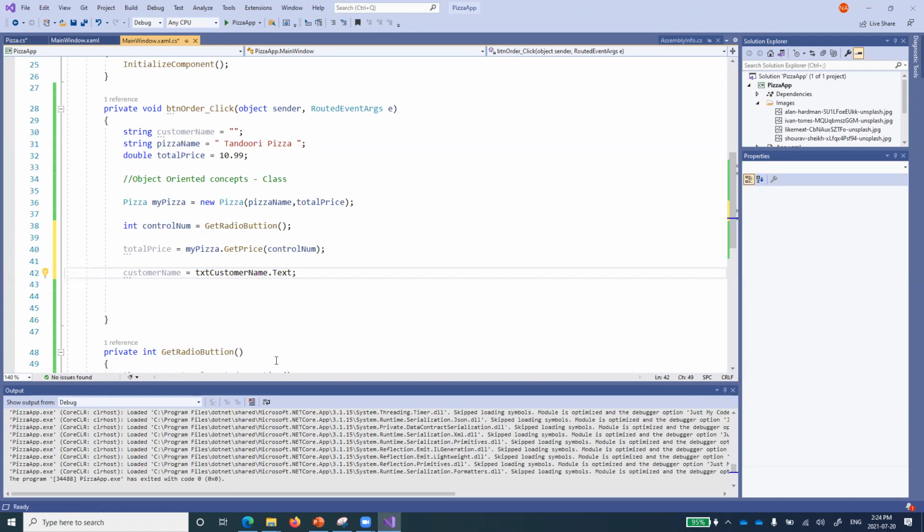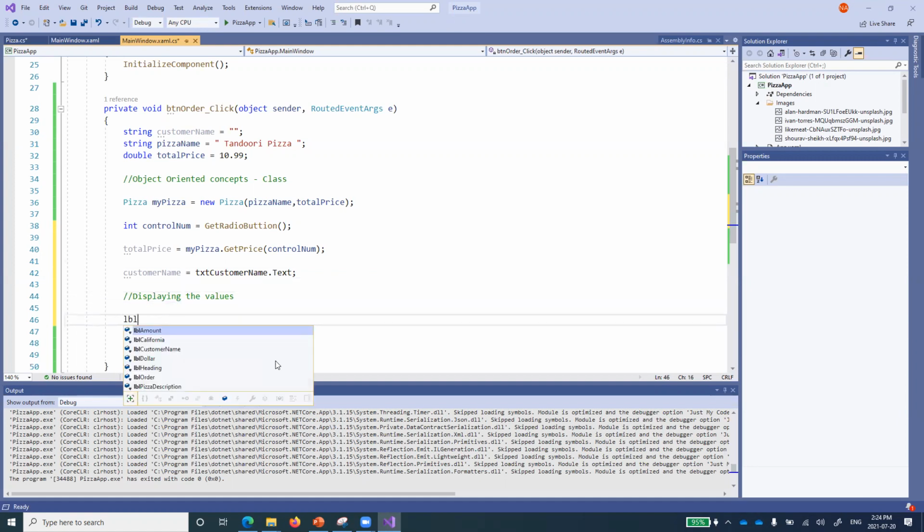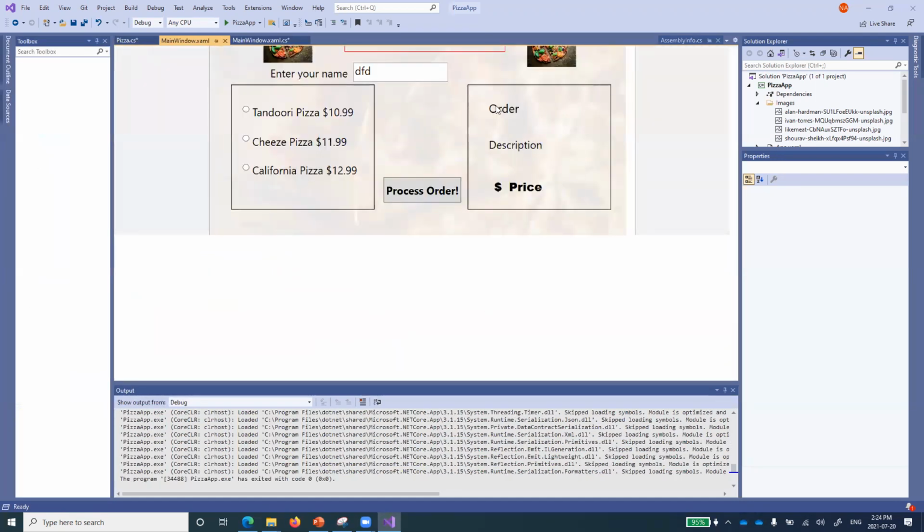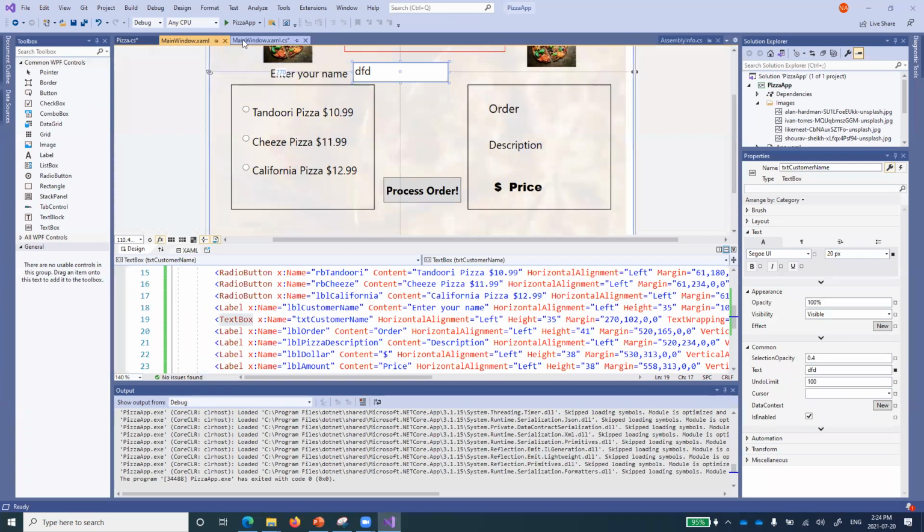So now I just want to start printing something. Like I want to now print all the values, or I want to just display those values. Let's say start displaying the values. And again, we don't have those values, and we have to implement the function for starting to display the values. So now I have created an LBL order. You remember order, which was there, what was that one? It was this one, order. So I want to change this content of this one.